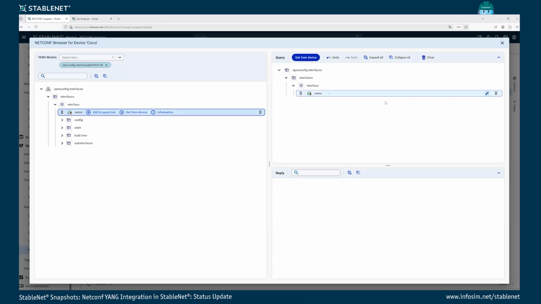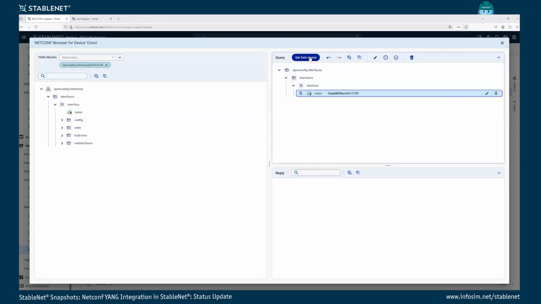Then I can edit it, enter my value I want to use for the query. Click apply, and when pressing the get from device, it gets executed. And yeah, really reading out the value from the device. And hopefully in the result, we see now a description value that holds our